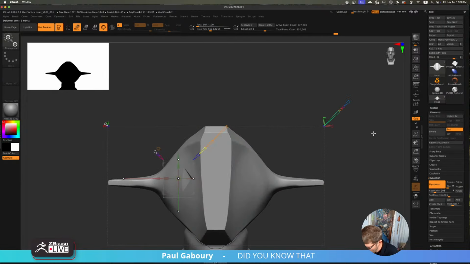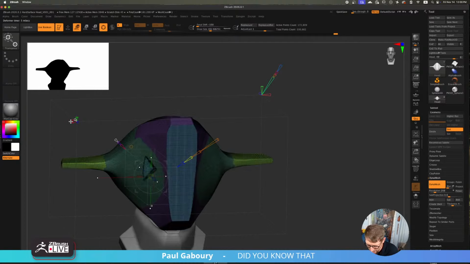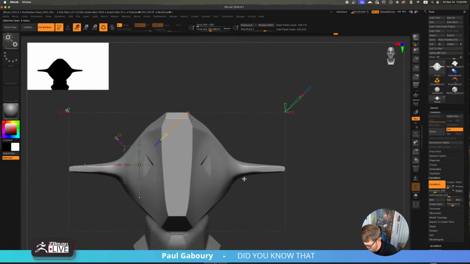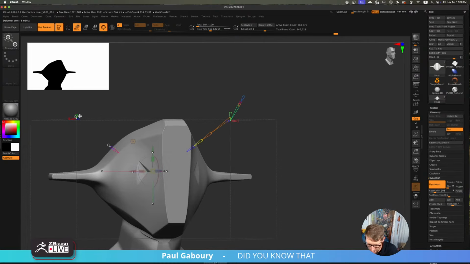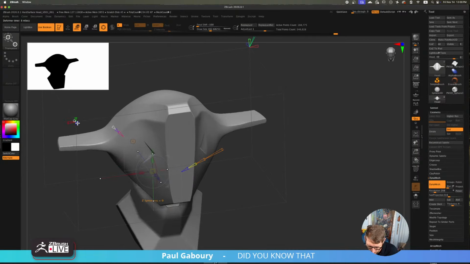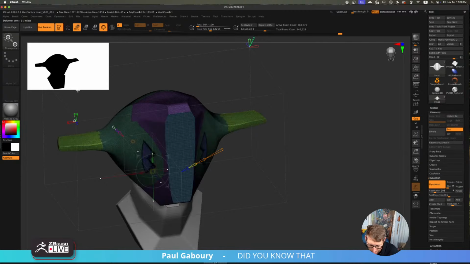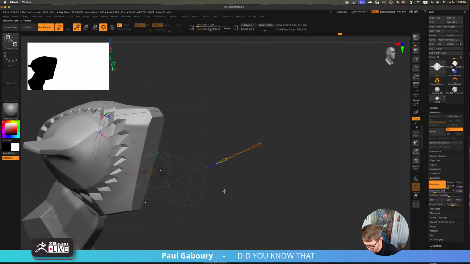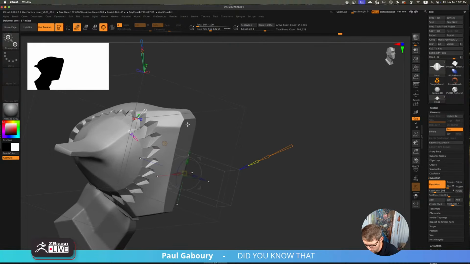Then I can say, you know what, I want it to also look at it symmetrically. So now I have it on both sides. So this is symmetry here. Obviously red is X, blue is Z, green is Y, and then this white one is radial. So now I'm getting a radial around the X because I've turned this on.